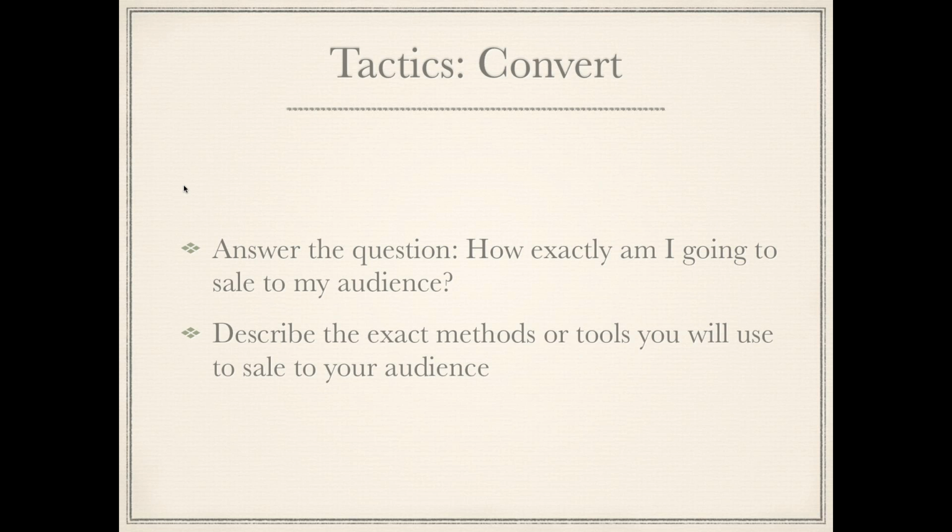And so now that you've gotten them interested, you've given them some content, you've given them the sizzle and the wow on content or the deal or the promotion, you've given them the thing that gets them interested. Now it's time to convert. And this is where the rubber meets the road. How exactly am I going to sell to my audience? And when I say sell, I mean that in the form of going from your situation to your objective, going from losing 30% to gaining 30%. How exactly are you going to sell to them?